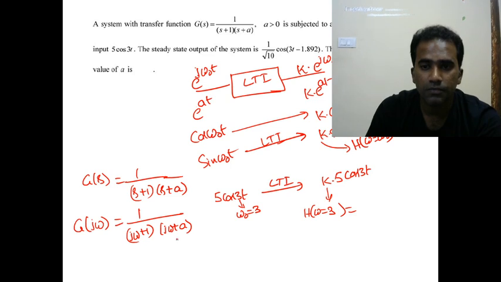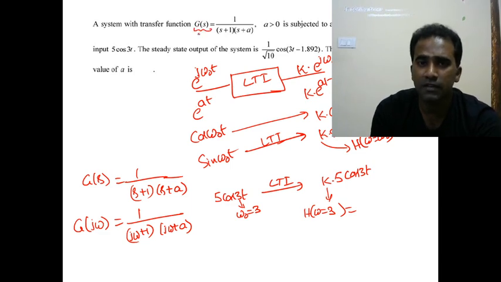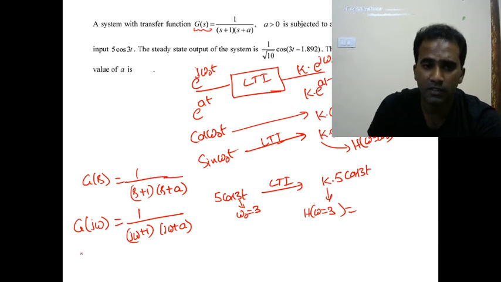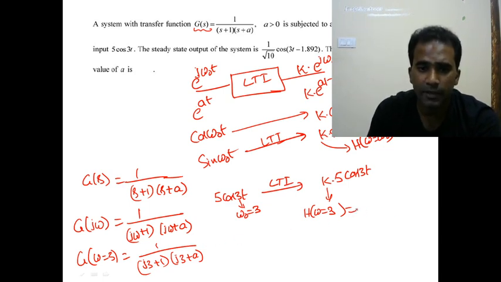Right. Now you have to find H. Generally H of omega is taken as the transfer function, the Fourier transform of the system. But here, instead of H of s, they have taken the notation as G of s. That's fine. Basically, we take the notation as H of s and H of omega. Here they have taken the notation as G of omega and G of s. No problem. So G of j3, or G of omega equal to 3, implies 1 by (j3 plus 1) into (j3 plus a). So this constant we can find as H of omega equal to 3, which is 1 by,